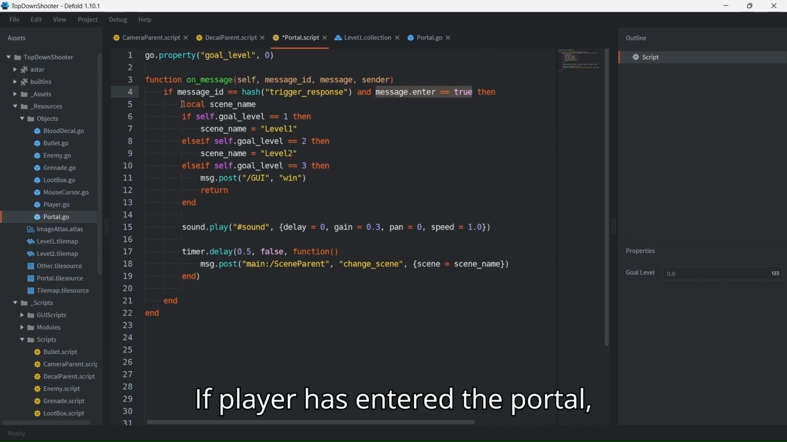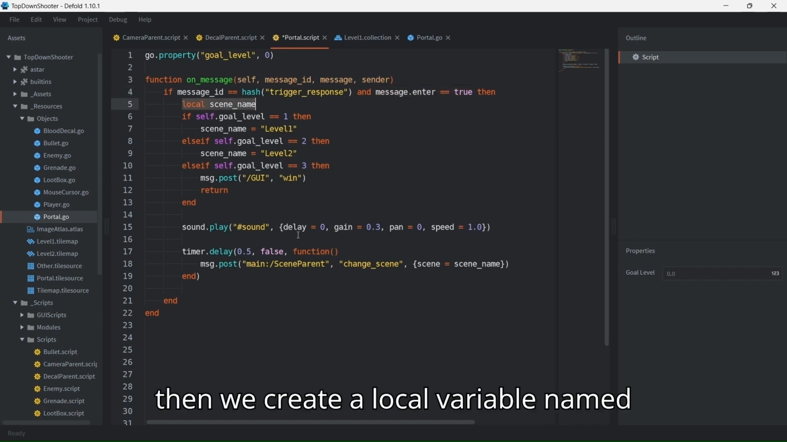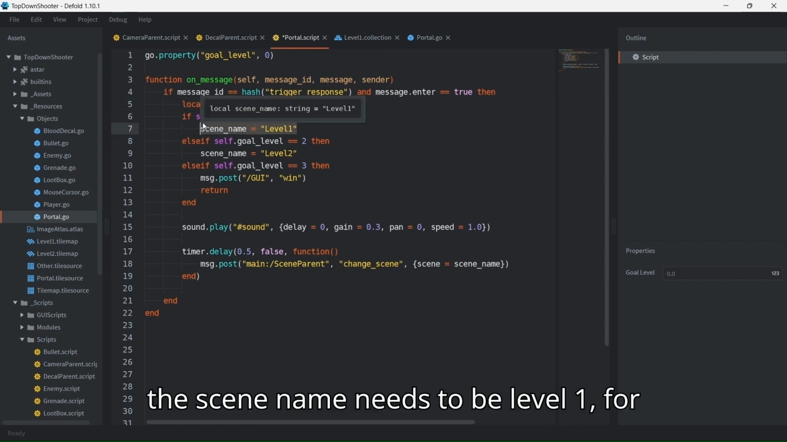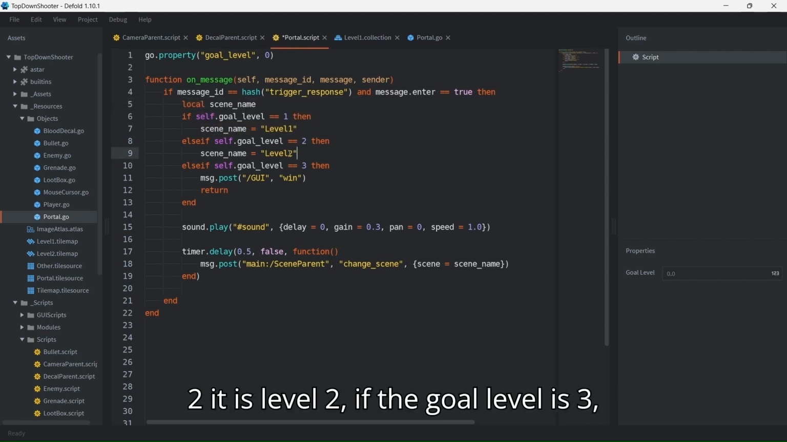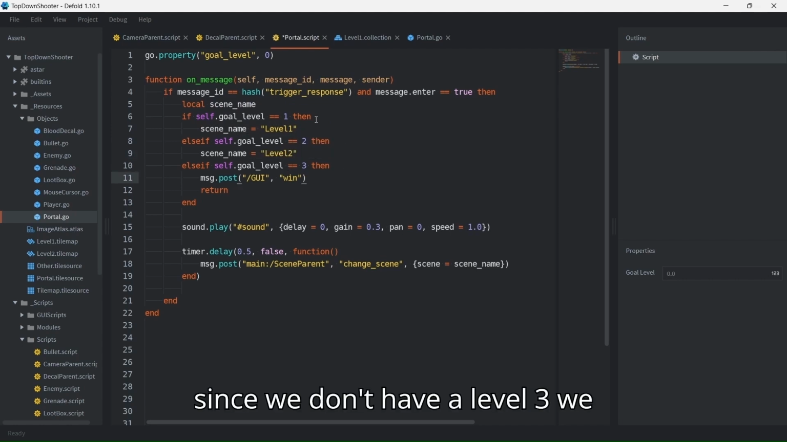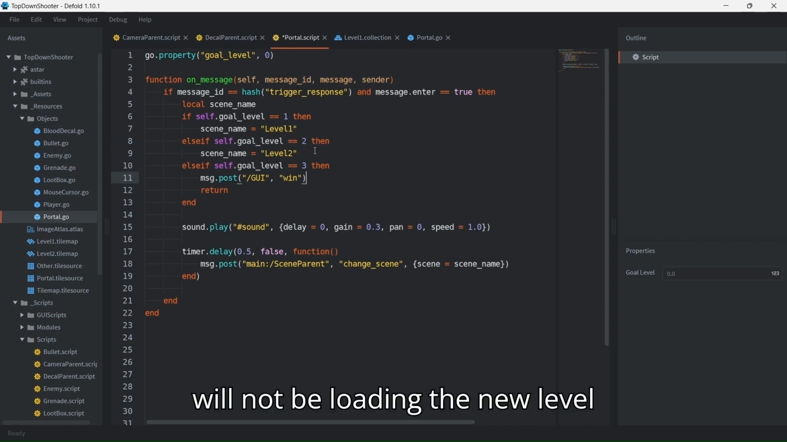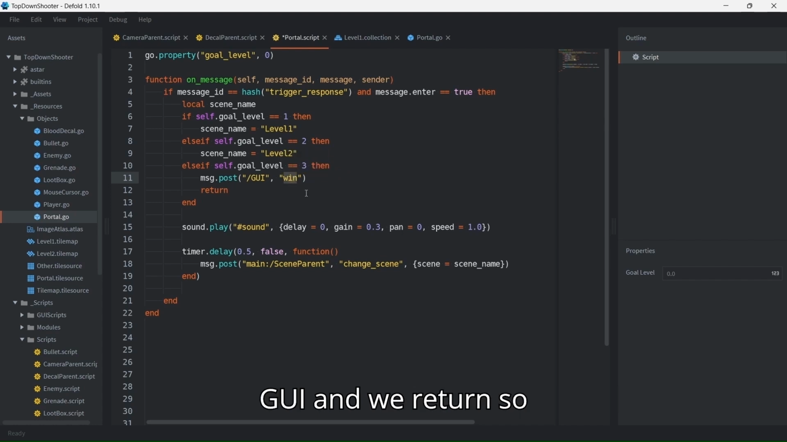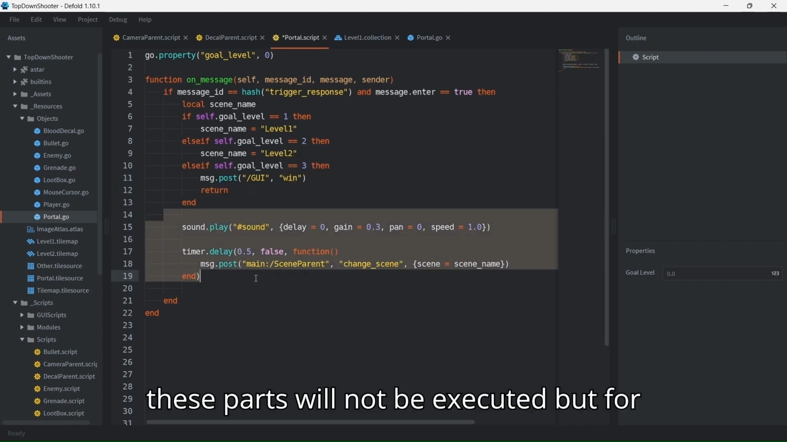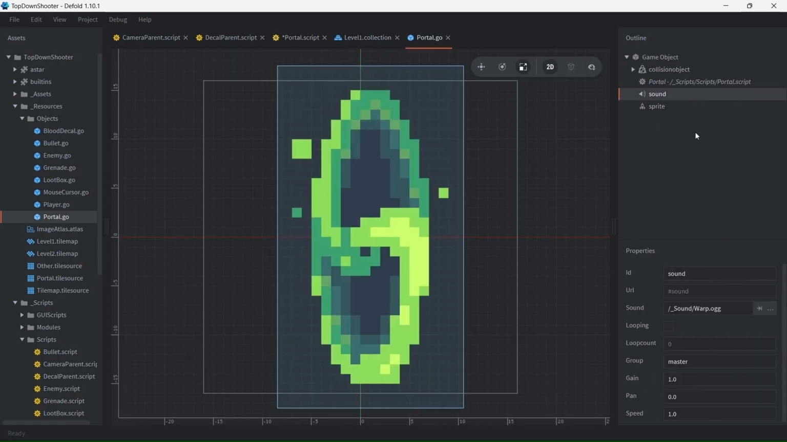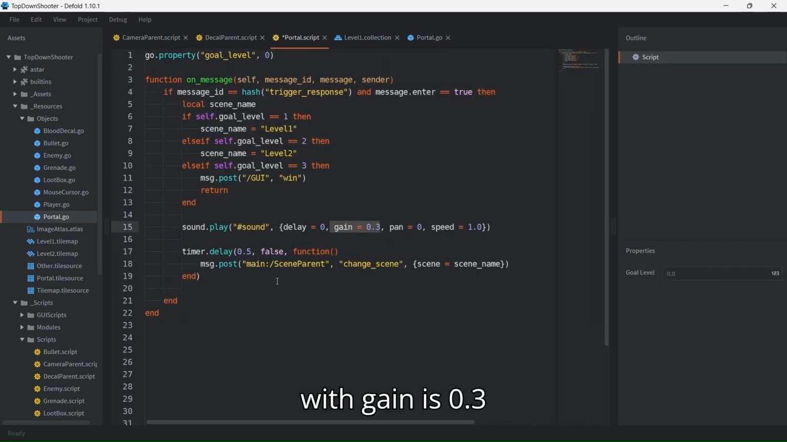If the player has entered the portal, then we create a local variable named scene name. If the goal level is 1, the scene name needs to be level 1. For 2, it is level 2. If the goal level is 3, since we don't have a level 3, we will not be loading a new level, but we will send a win message to our GUI and we return, so these parts will not be executed. But for level 1 and 2, we first play the sound on the portal with gain as 0.3,